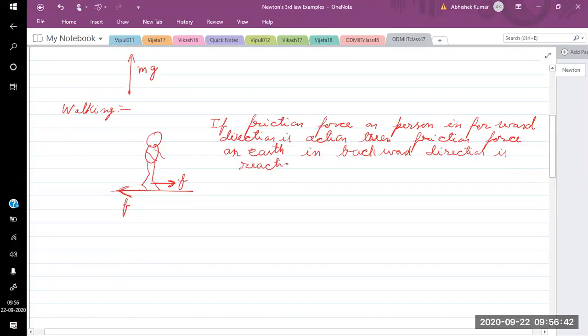So this one is very simple. Okay, so in walking we apply the forces like this. Next we are going